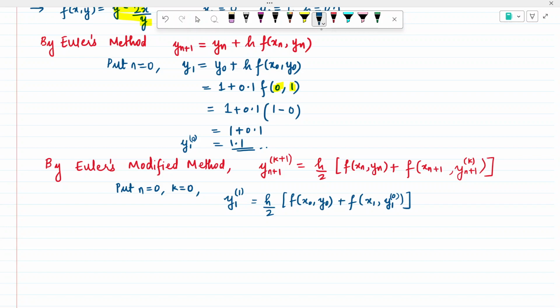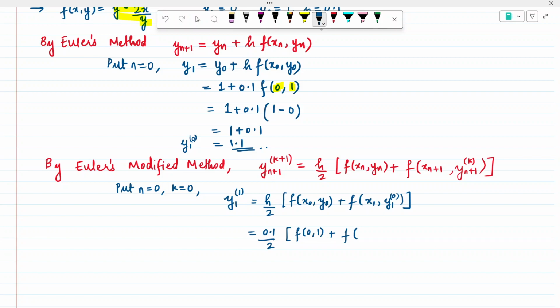I hope this is clear. ठीक है? Okay. Now h की value 0.1 divide by 2. F of 0, 1. These were your values of x0, y0, right? F of 0, 1 plus